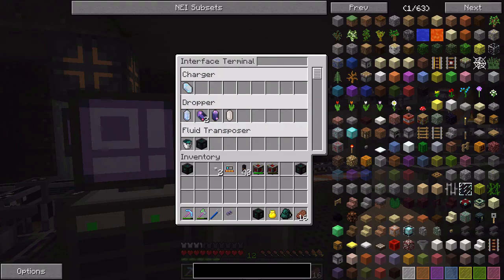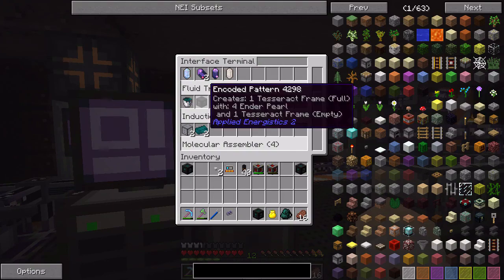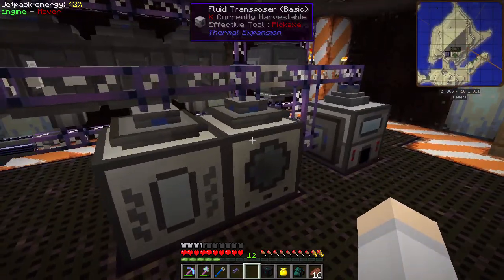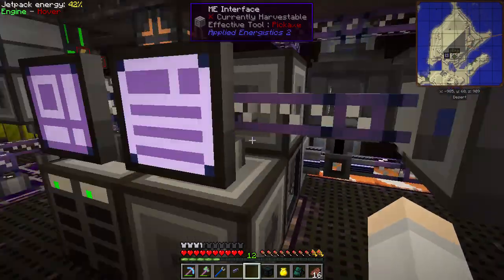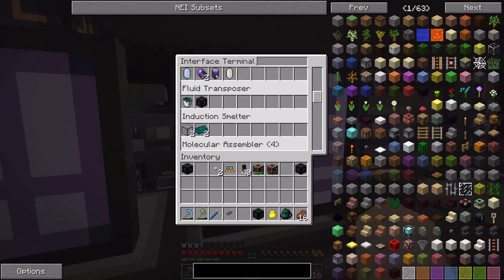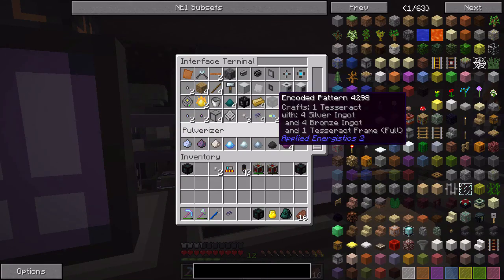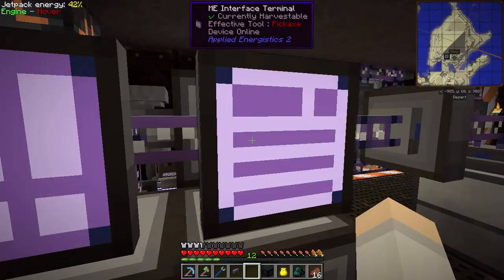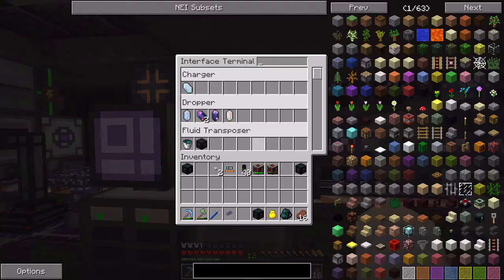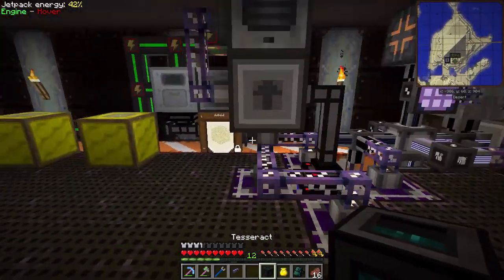Yes. So you can see it takes the name of whatever machine it's connected to, except you might see fluid transposer and you're like, but there's no. So if you rename an interface in the anvil, the name that will appear here will be whatever you rename it, which is really cool. So you can actually take out and put in patterns here and move them around if you want. Which is really nice. I really like this. It's so awesome. So yeah, let's go ahead and set up